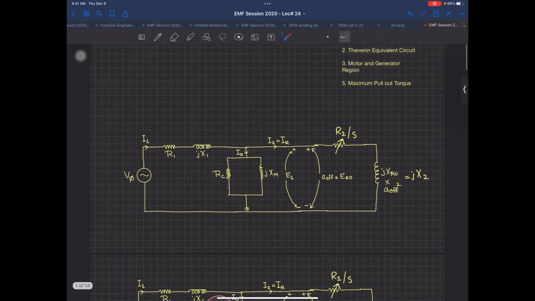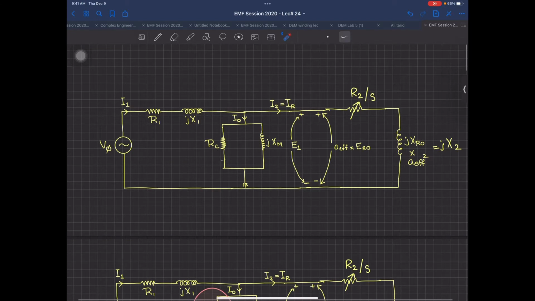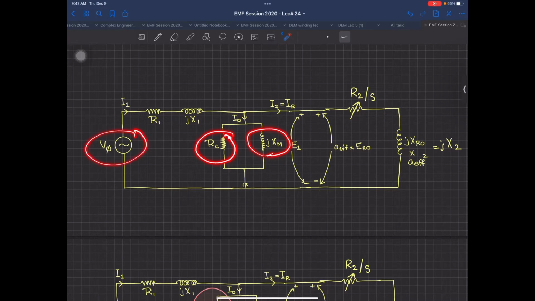This is the equivalent circuit we drew last Friday also. Just for a reminder for those who are still lagging behind, this one was representing the stator, this one was the resistance per phase, this one was the corresponding leakage reactance, RC was corresponding to the eddy and hysteresis losses, jXM was for the air gap magnetization, and this is the V phase voltage, certainly phase voltage. If it is Y connected, then this is line to line voltage divided by root 3. If it is delta connected, then this is only V phase, or VL.